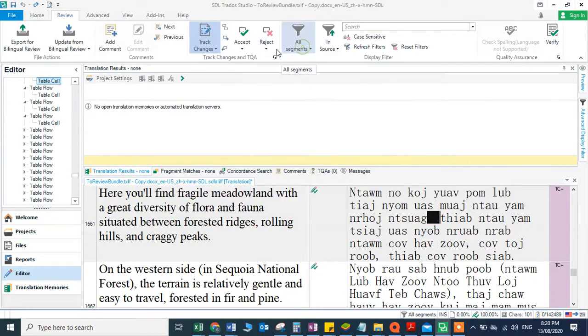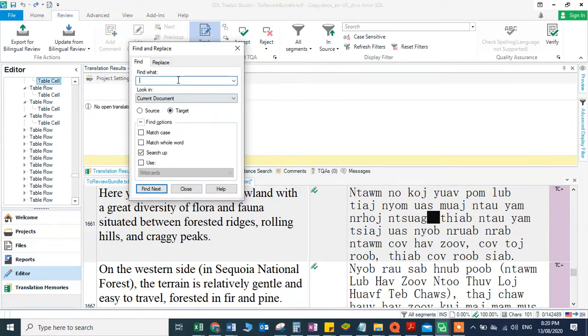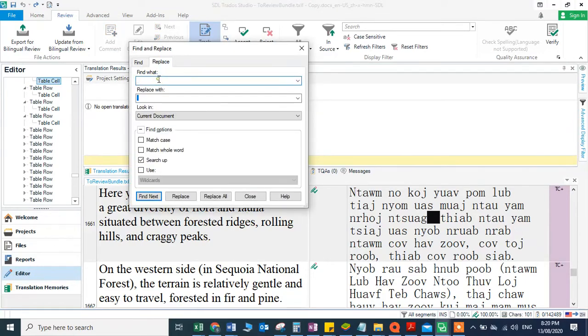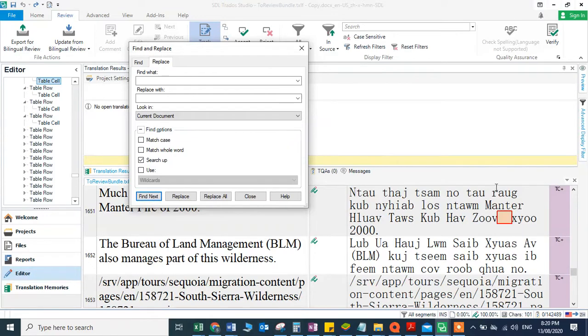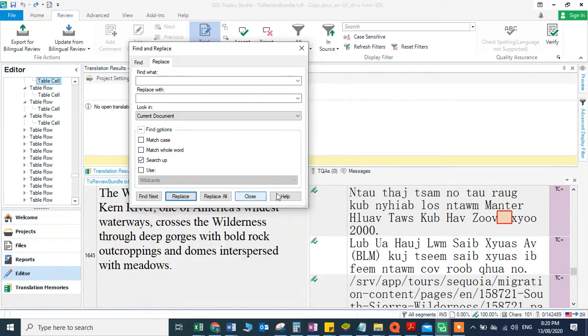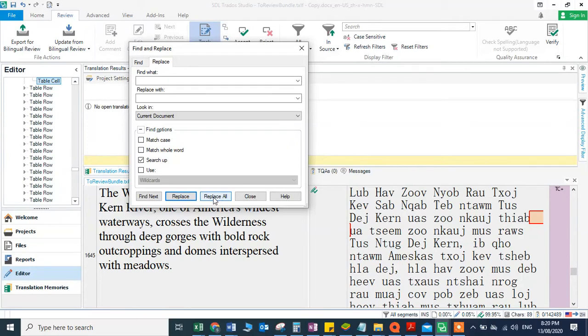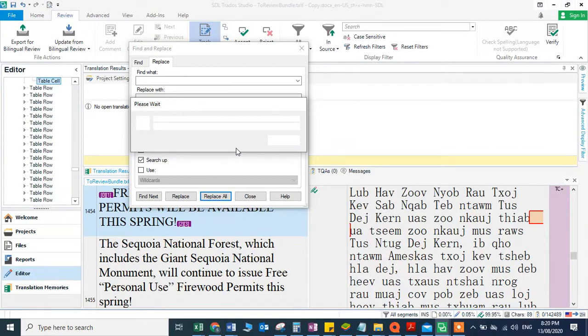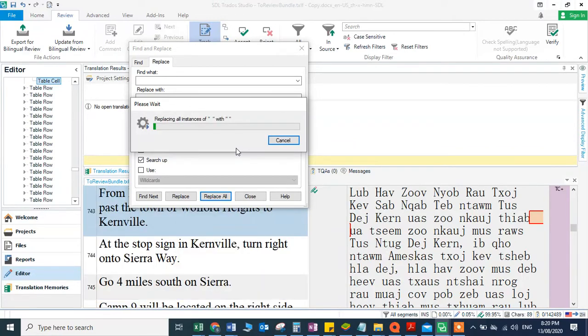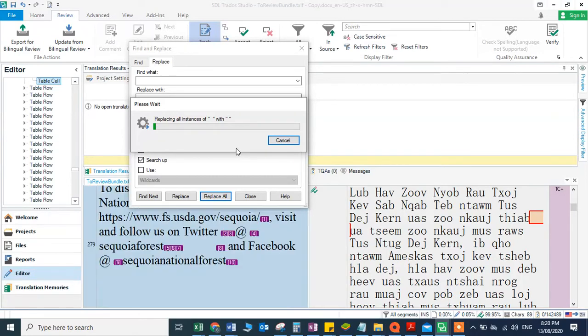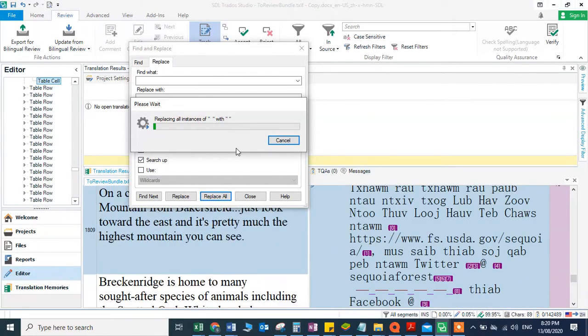Okay, right? But with that, you need to turn on the track changes first, so that you can use this function. Right, so again, you just put to find, and then you put one space, two space, and here again you put one space, okay, and then you press search up, and you can try to search again. But if you want to replace, you can replace one by one, or you can press here replace all, and it will work. And let's see if it works. And yeah, it just runs automatically, and then it will fix it for you.